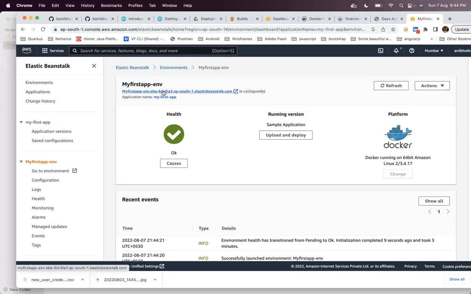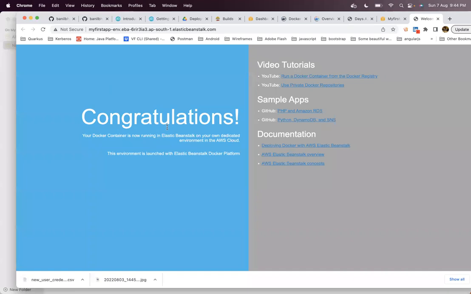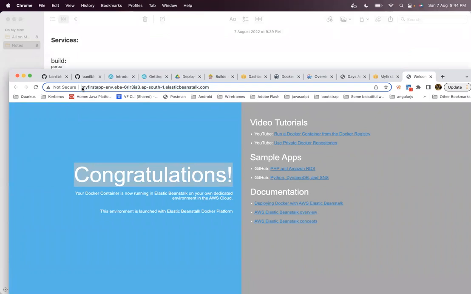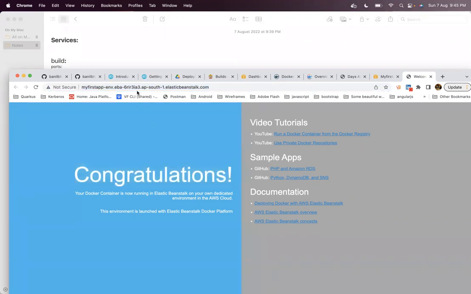So now you can go to that, but this is what it is saying, the URL of the deployed sample application. So just click on this. This is the sample application which it has deployed for you. You can see that the application is running fine. And the domain that was given to us is this particular domain, my first app, on elasticbeanstalk.com. This URL is being used as the web URL for the deployed application.